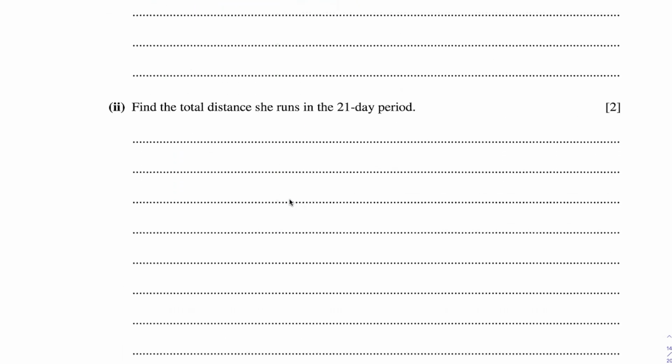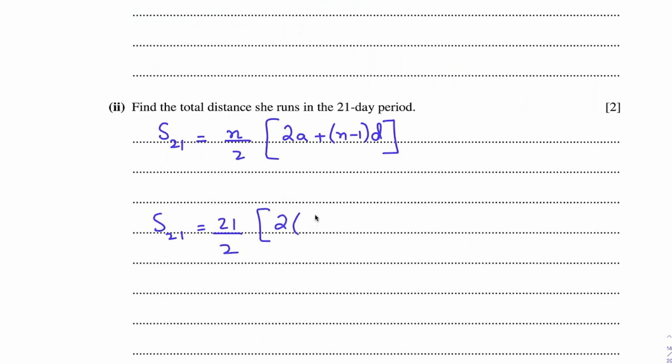In part 2, we have to find the total distance she runs in the 21-day period. We know that the formula for sum is n upon 2 times 2a plus n minus 1 into d. So n is 21, a is 13. 21 minus 1 will become 20 times the common difference, which is 1.2. Substituting these values into the calculator, we get the sum for 21 days, which is